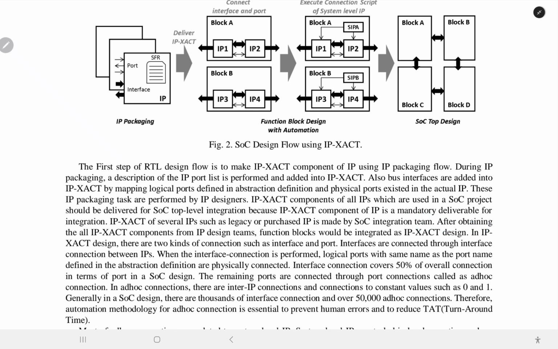After obtaining the IP-XACT components from the IP design teams, function blocks are integrated as an IP-XACT design. In an IP-XACT design, there are two kinds of connections, an interface and a port. Interfaces are connected through the interface connection between IPs. When the interface connection is performed, logical ports with the same name as